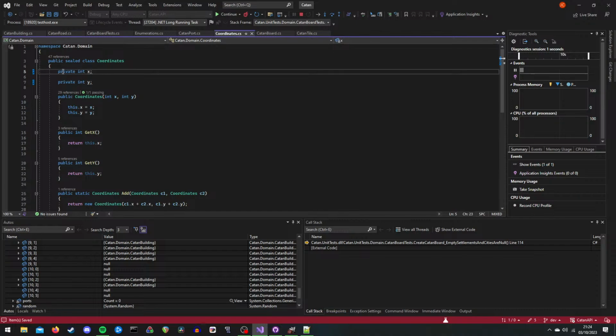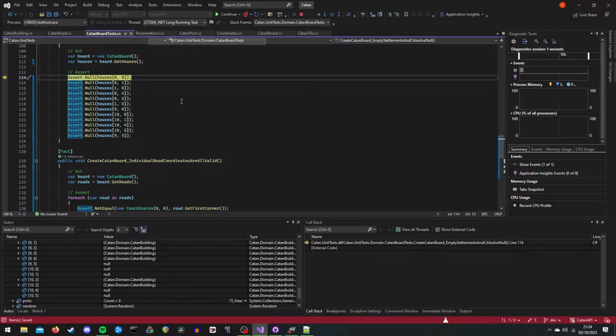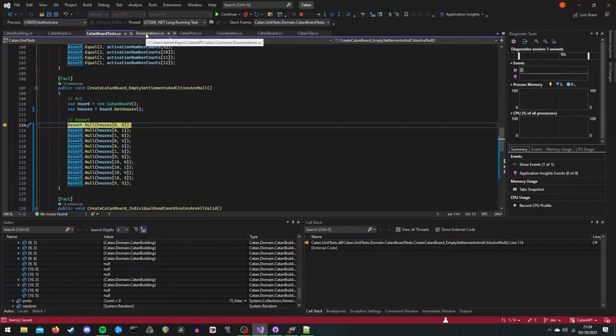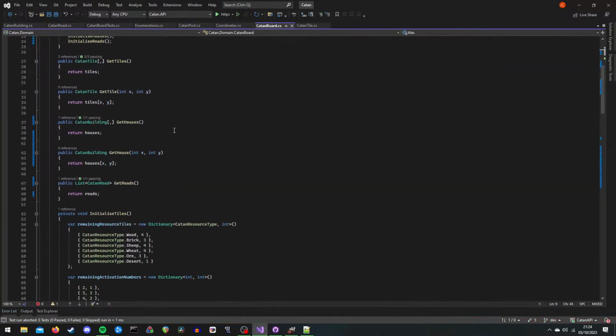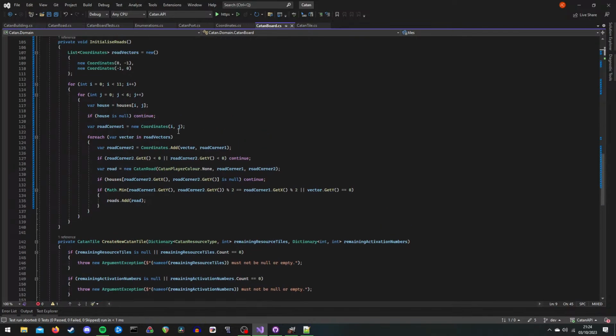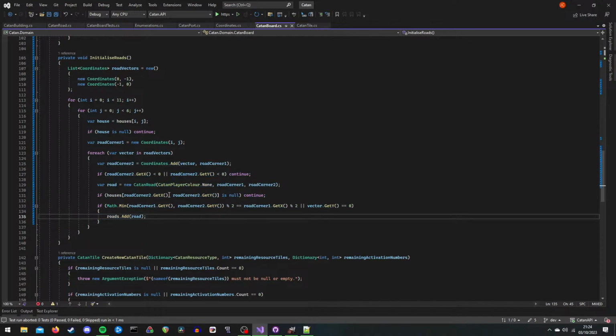Having public properties is definitely easier and probably more readable as well, depending on how you lay your code out. For example, when I've got, was it in Catan board? Let's just close that for now. This looks pretty messy. For example, if we just had .x, would that? Yeah, I suppose maybe .x and .getX fairly self-explanatory, but